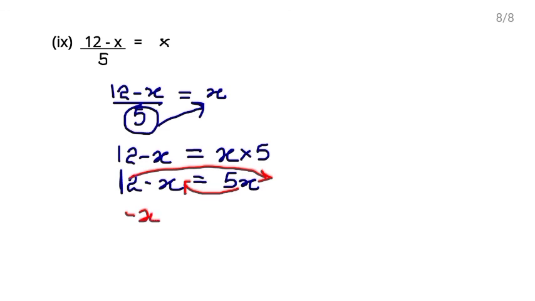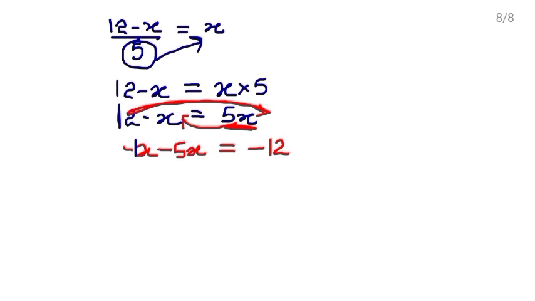So this is minus x. After moving to the left hand side, on the right hand side this was a plus sign. कोई sign नहीं था, मतलब plus sign का था. So now it will become of minus sign. जैसे ही side change की, sign change हो जाएगा. 12 will be of minus sign, minus 12. Now this minus x can also be written as minus 1x. These two terms are like terms and their signs are also the same. Sign same होते हैं तो what do? We add them. So 5 plus 1, 6x, and the sign will be minus because both the numbers have the same sign, minus, equals to minus 12.